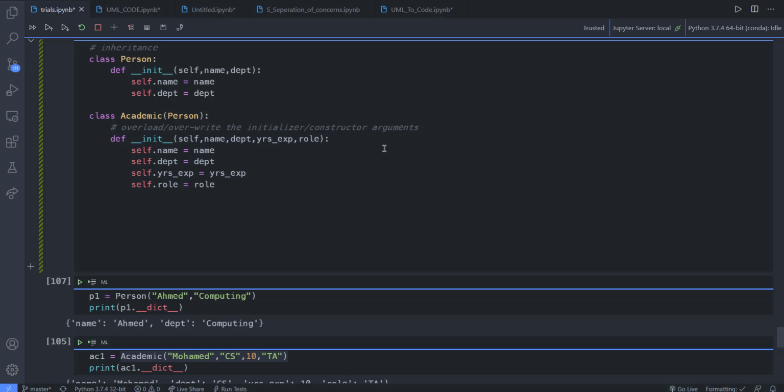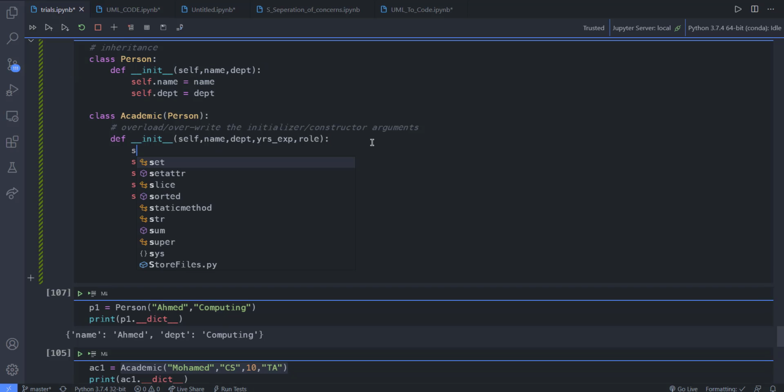So once the constructor starts, there is no need to overwrite or redefine all of these things. We have already done that inside the parent class, which is person. So we can say super, and super stands for the parent class. Super is the actual parent class of that subclass that we are defining. So we're going to say super dot